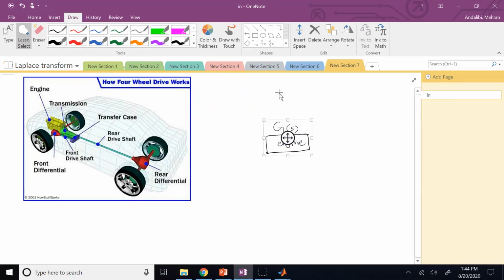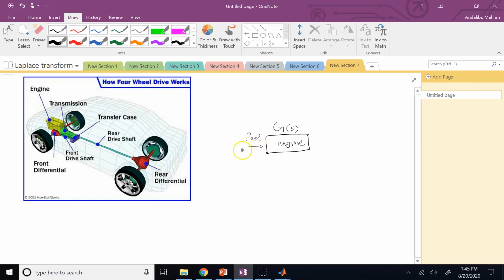But the thing is, the angle of the accelerator is not directly going to the engine, it is transferred through a mechanism, whether mechanical or electrical, into the amount of fuel that goes into the engine. So here comes fuel,